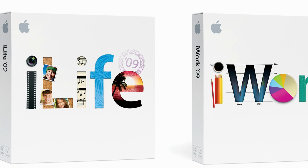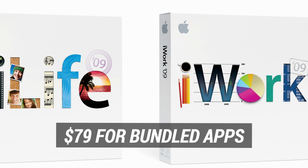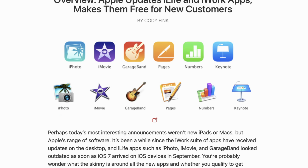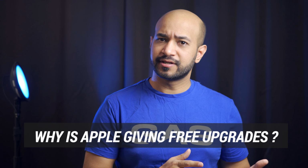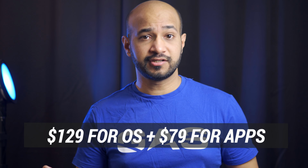And this is not only macOS. Back then, if you wanted other applications from Apple like Keynote, Pages, and the whole suite of iWork applications, it would cost you $79. And eventually, in 2013, Apple made all iWork applications free with a new purchase of Mac devices. So why is Apple giving away free upgrades and applications when they were already making $129 plus $79 via